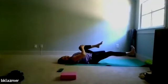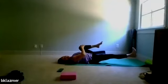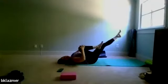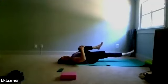Let's go ahead and flex the foot on your straight leg. Push through the ball and heel of that leg. Very strong. Totally activating the straight leg. Relax your shoulders down. Good. Now from here, let's go ahead and go back to the other side and then drop your leg down